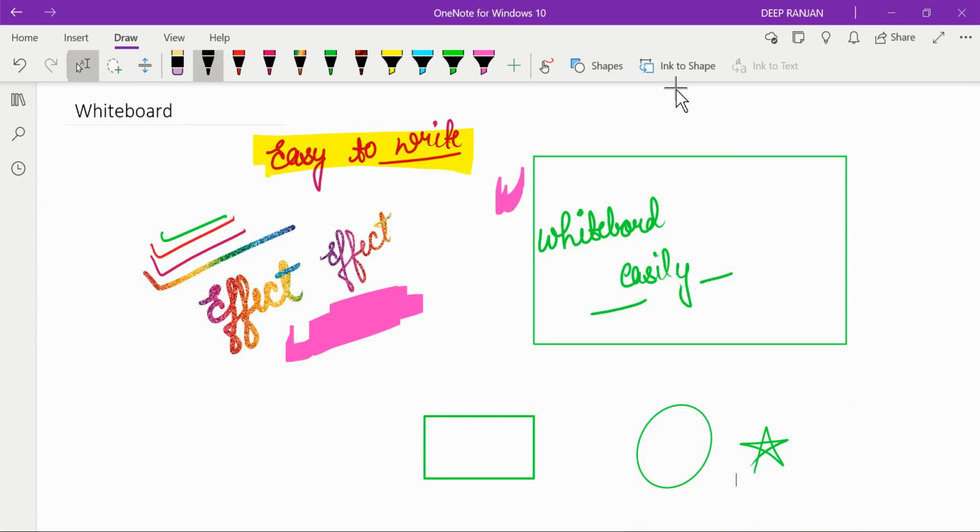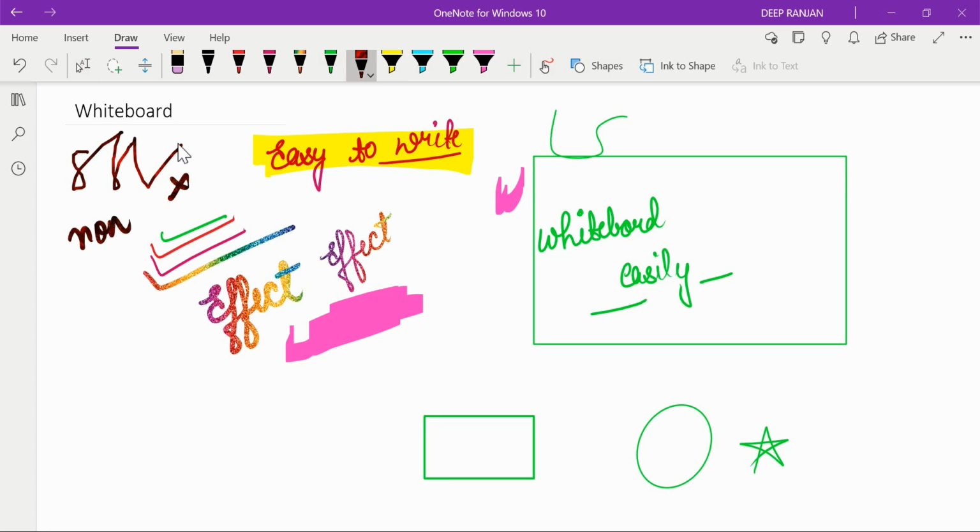Okay. This is select, and this is draw with touch. If you are using your mouse, when you choose a color with your mouse, it will automatically get selected. So first you have to select this, then you can draw. Otherwise it will not work. If you don't select it, it will automatically select the type text mode. Now again when we click on it, then it will select it. And we can draw with the mouse, but the mouse is not familiar.